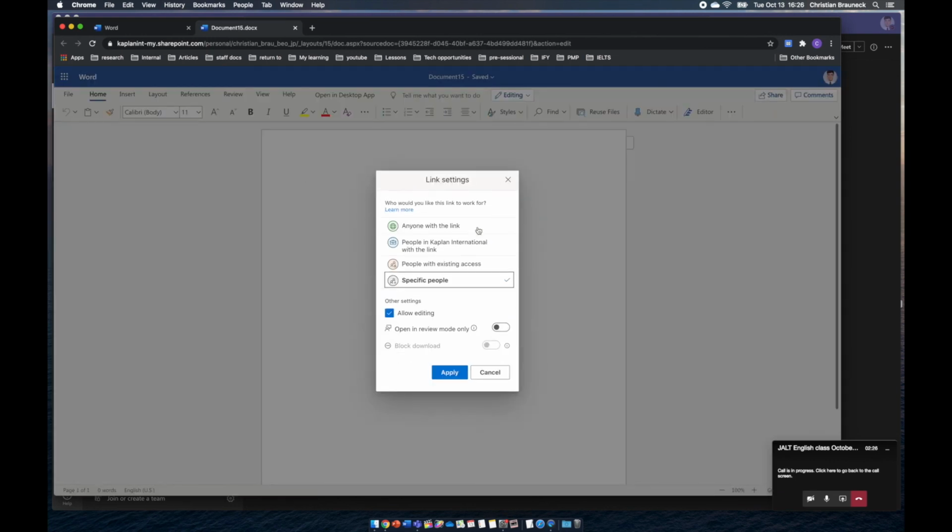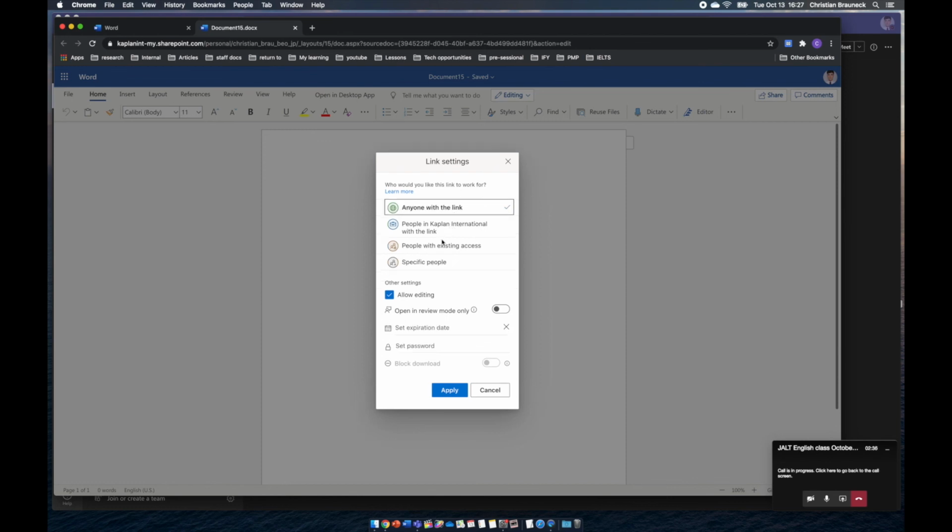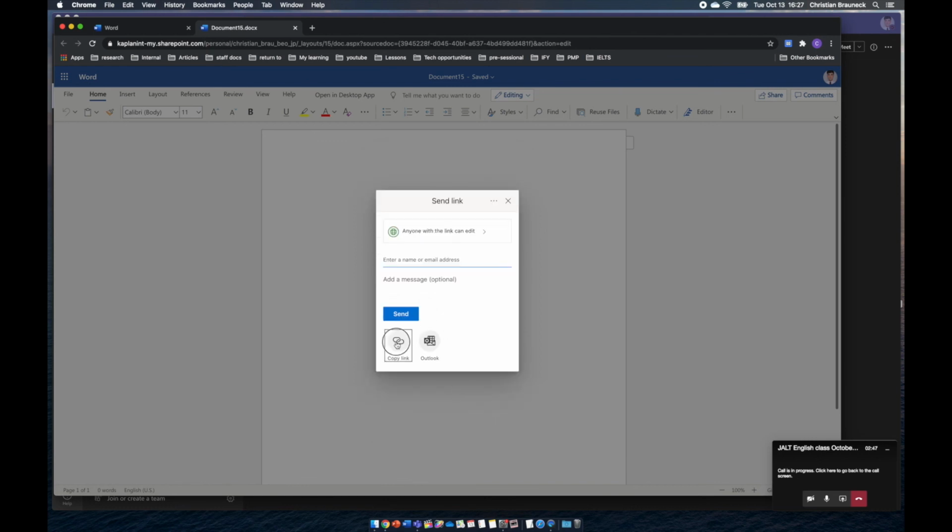And make sure, because students invited as guests are not members of your organization, that this can be accessible to anyone with the link. And if you want students to edit this document, you can make sure this is checked. If you don't want them to edit, you can uncheck this, depending on what you're using this for. Click apply, click copy link,